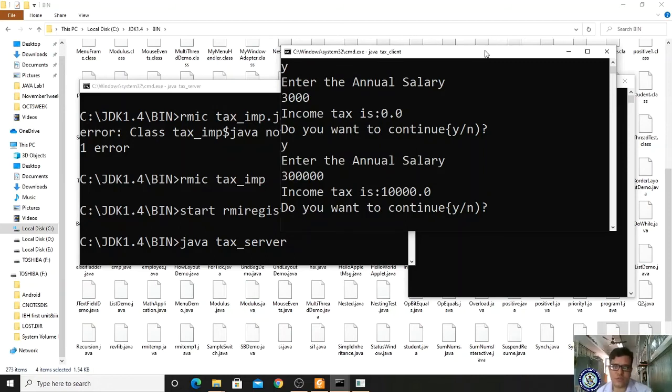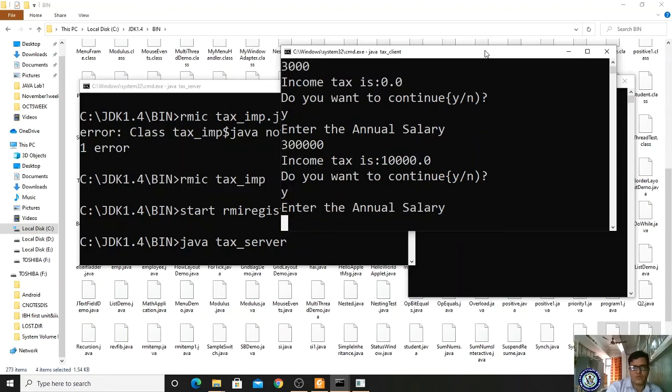For 3 lakhs, it means 50,000. 50,000 into 20%, how much? It is 10,000. 50,000 into 20 by 100, the zeros cancel. Yes, 10,000. We have to pay 10,000 as tax.